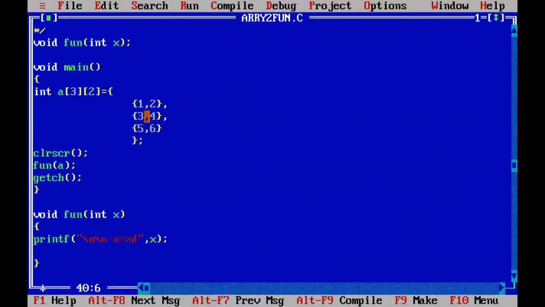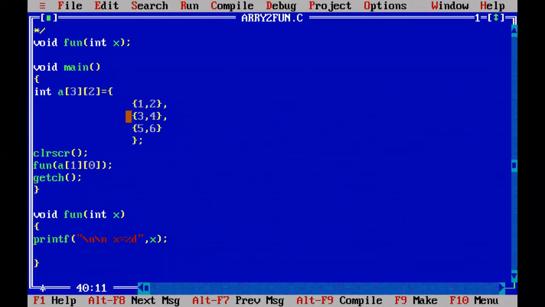Now I want to pass this 3 element. This 3 value I want to pass. What is the index of this 3? It is in the second row. That means a of 1, and the first column element, so a of 1 comma 0.